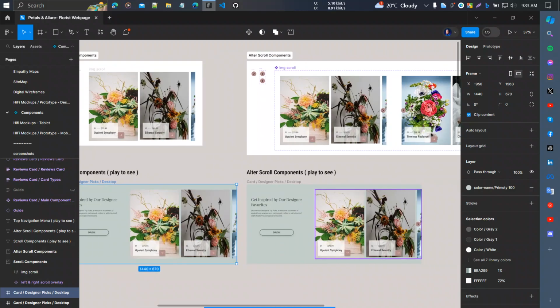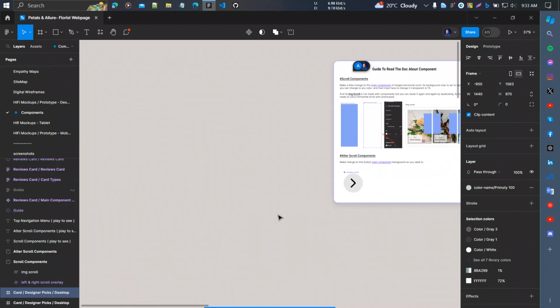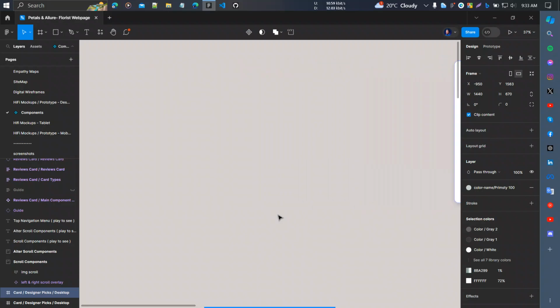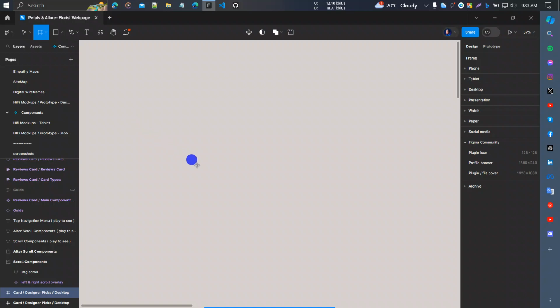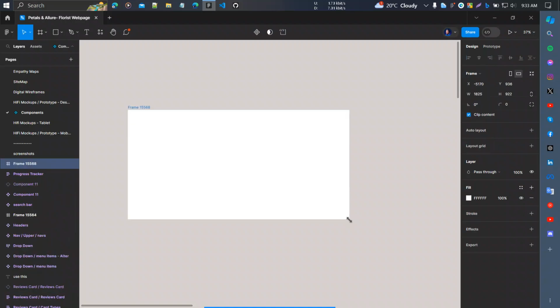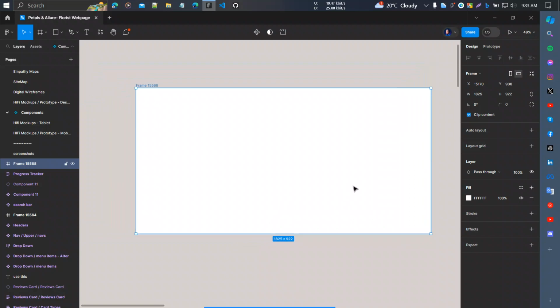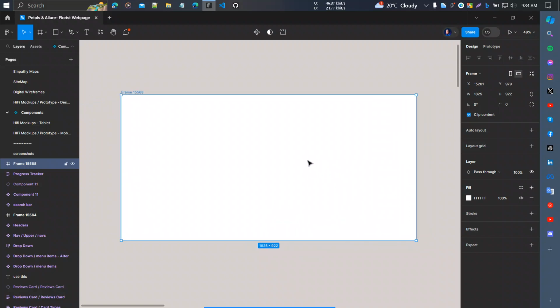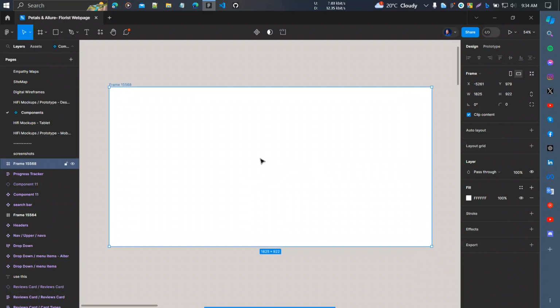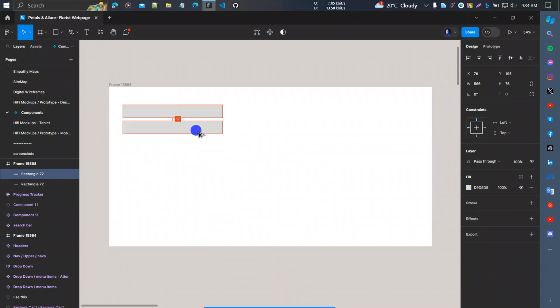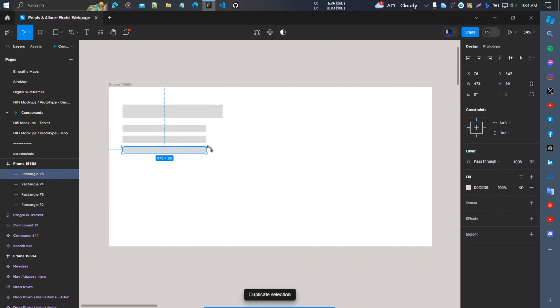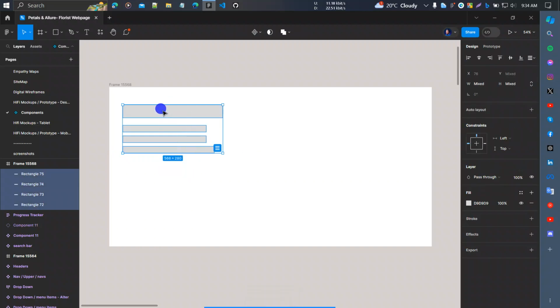So I can make it this way, simply. Suppose this is our content container, and here is some text, and here is a description or anything else. Okay,